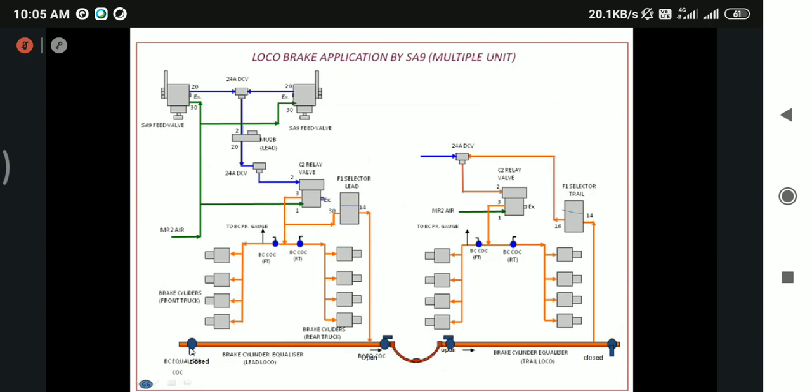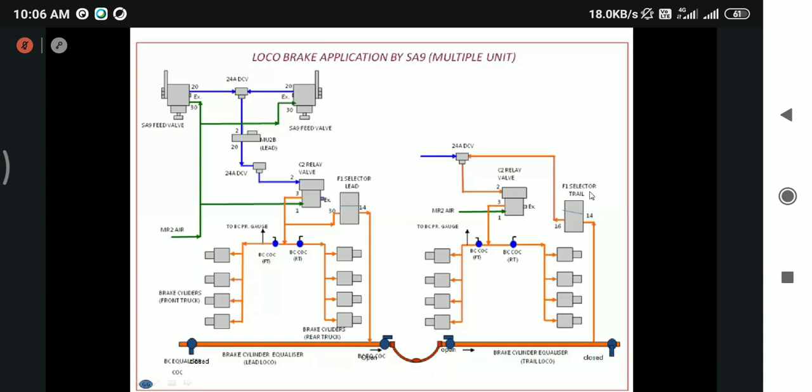And this non-working end brake cylinder equalizing cock was closed. But here at the working end, we need to transfer this brake cylinder equalizing. So this brake cylinder equalizing cock here is opened in the lead loco, and also this coupled end of the trial loco is in open condition, and it is closed in the non-working end. You can take it as a long route. This is the long route, so the short route is connected. Through these connected BC equalizing hoses, the brake cylinder equalizing line of the trial loco also gets charged by this same pressure.